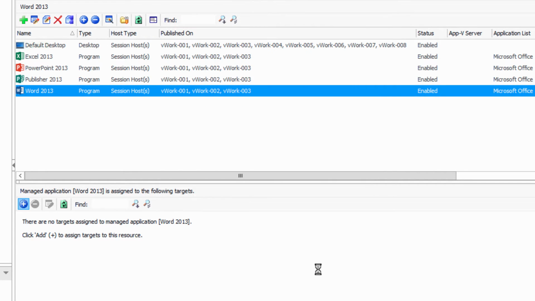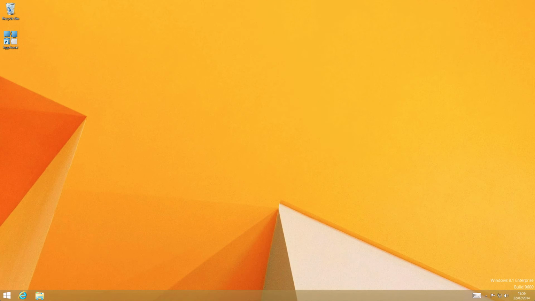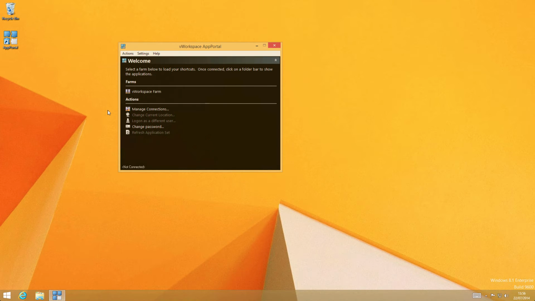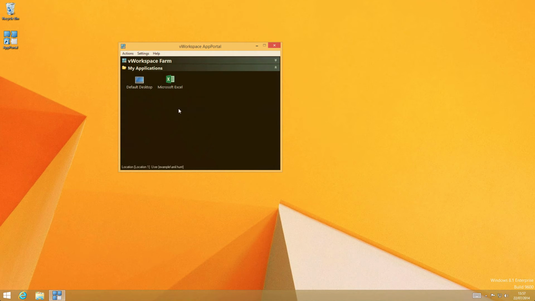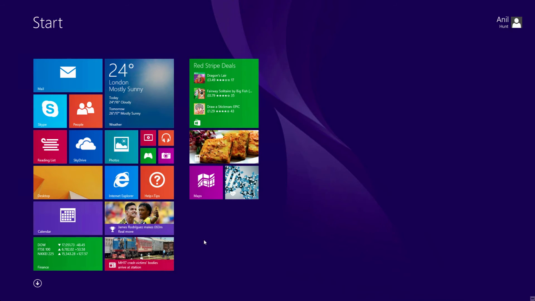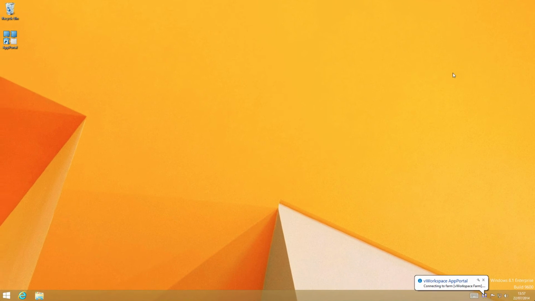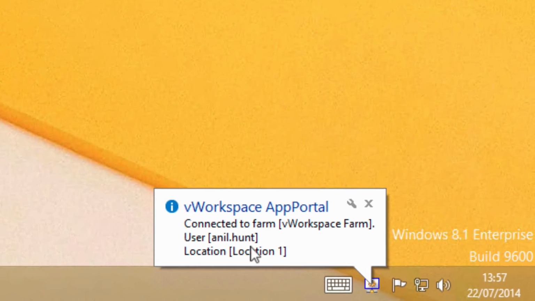So if we go now to the client, we should be able to see what Anil sees. Here we are back on Anil's desktop, and you can see that there are no applications on the desktop. If I open up the app portal, I can connect to the Workspace farm, and you'll see that Microsoft Excel is published to Anil, but again there are no applications on the desktop. For integration with the desktop to work, we have to start up a different client, which you can set to start on Windows Start anyway, which is the desktop integrated client. That will then connect to the farm,